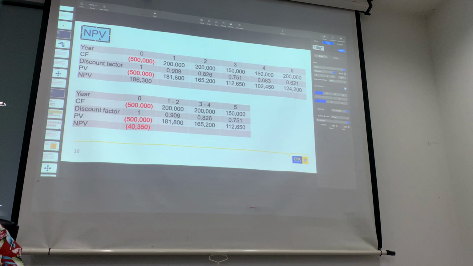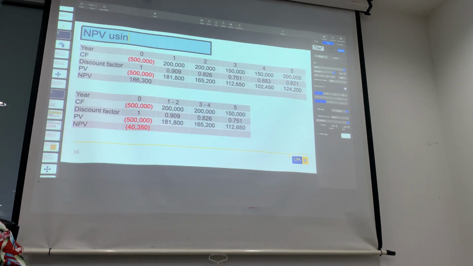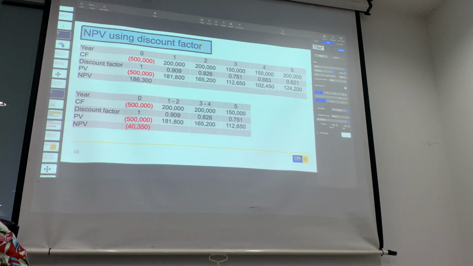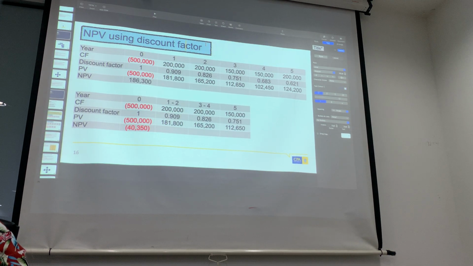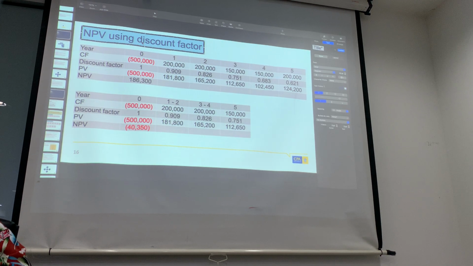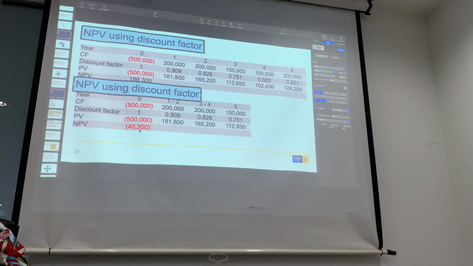Okay, this one is NPV using, got it? I'm using discount factors. Clear? Okay, this one I'm going to show you a little bit on using